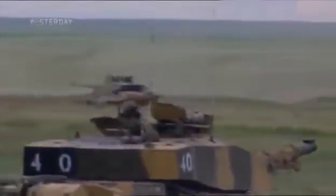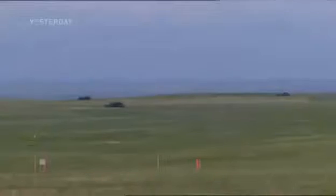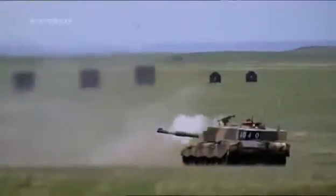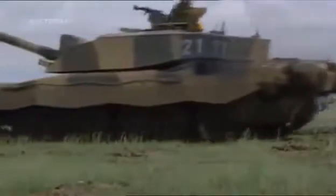Some of its design features, the side skirts, the cast hull and turret, are also inspired by the Centurion. It has outstanding firepower. Its armor protection is without parallel in the world. I was commanding a battle group in Iraq 2 years ago now, and it absolutely not only saved